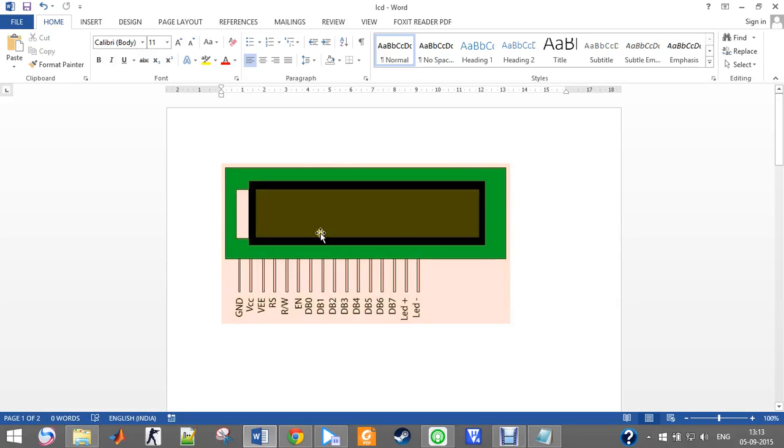Hi friends, here I am going to explain how to interface 16:2 alphanumeric LCD in Mbed board. So this is 16:2 alphanumeric LCD. It consists of 16 pins